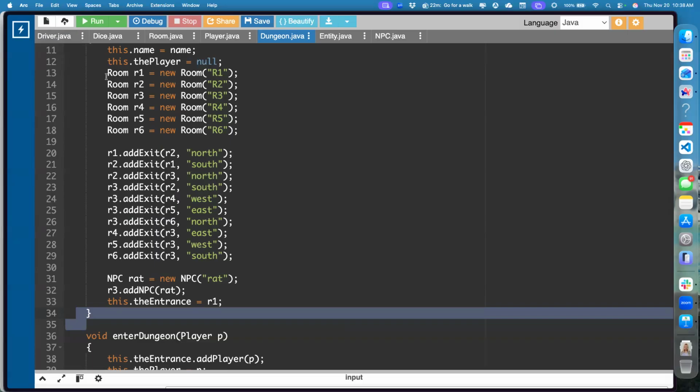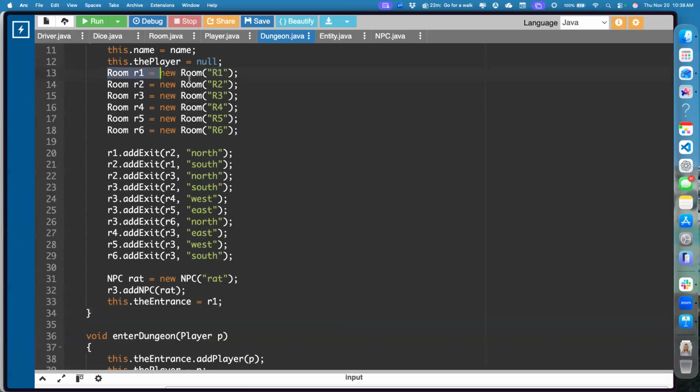So when we said our room R1 equals new room, the new keyword is a real estate agent. It's going to go get us some memory. If we were to print out R1 right after this line, we're going to get a memory address, room at some memory address. Same thing's true for R1 through R6. So after this is done, automatic garbage collection is making its pass through memory, going back and forth, keeping things cleaned up,